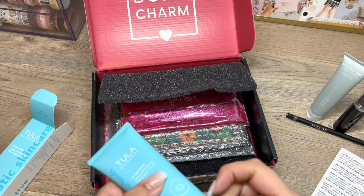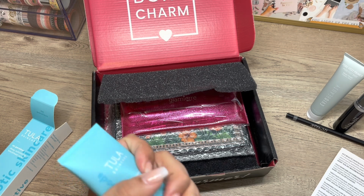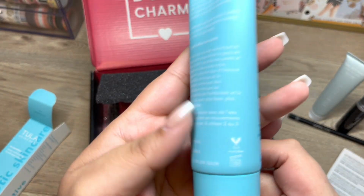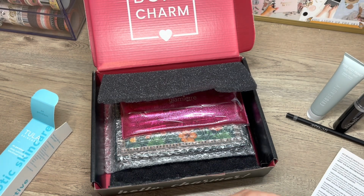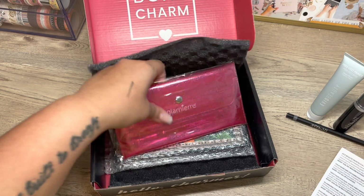Again, I'm not going to be able to open this because my fingers hurt, but this is nice. And I believe this is cruelty-free from what I recall. Yeah, cruelty-free. So that is good. So that's what we have. And then we have